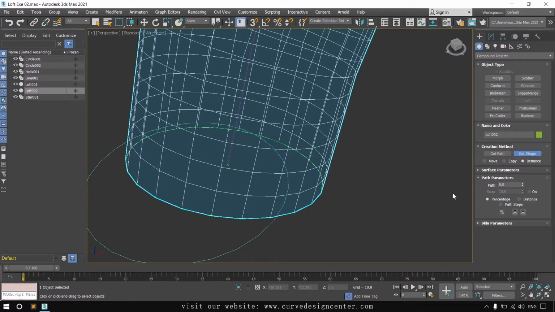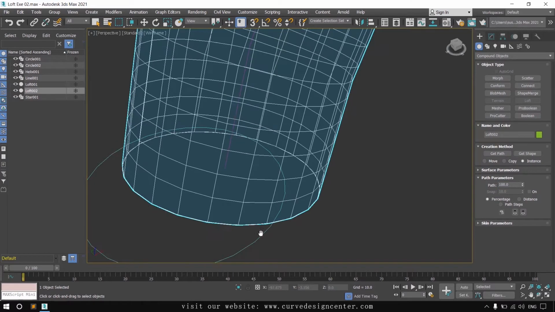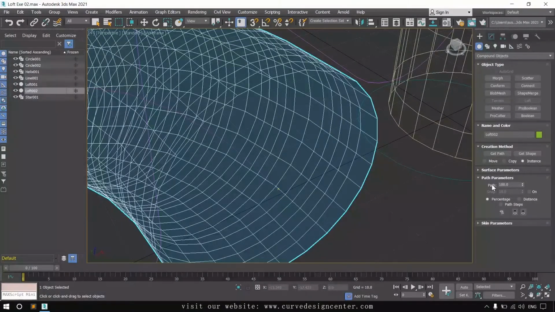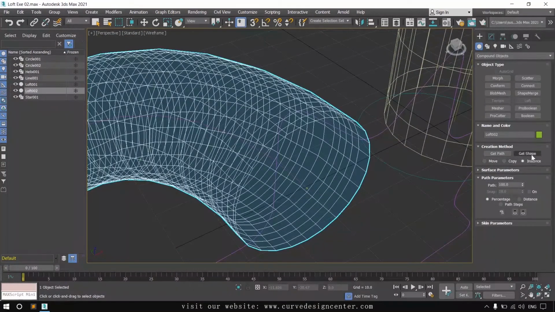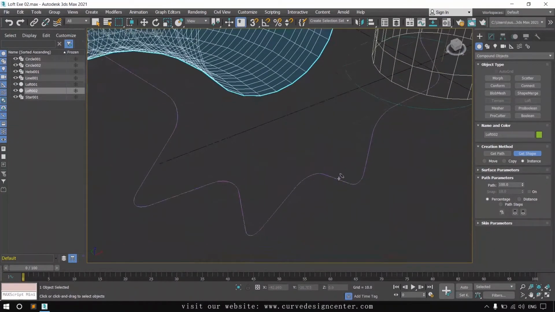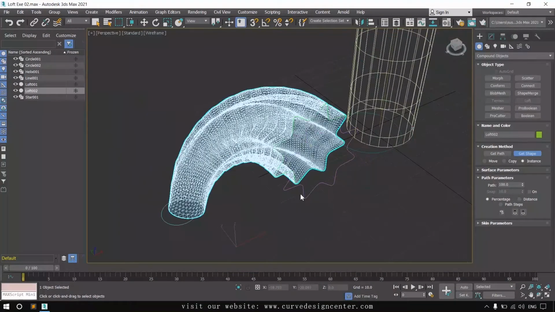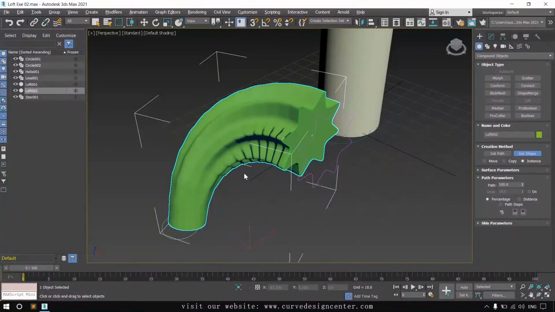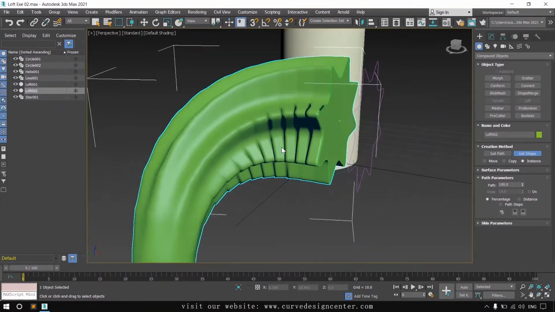To move along this path, you can choose path parameters, path. Currently, the path value is 0. You can increase it to 100% like this. I just type 100%. So it's now available on the endpoint. Now click on the get shape and choose the second shape. Okay, so the second shape is applied on the path and the transition is a little bit zigzag type, so we can